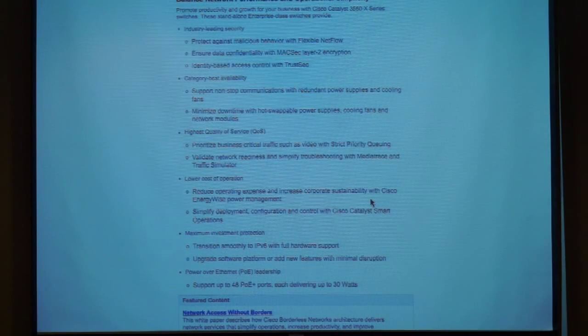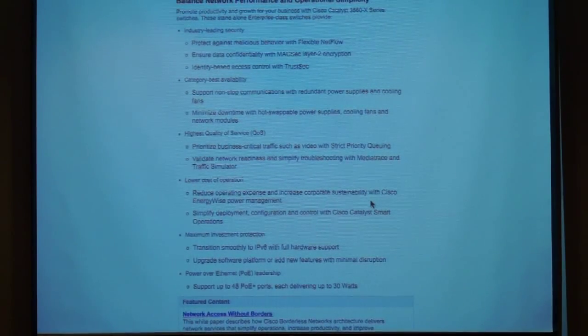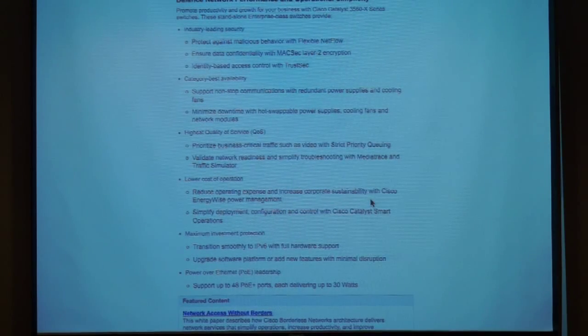Why is that important? Is that important today? Probably not as important as it's going to be in a couple of years for certain things. What if you wanted to encrypt telepresence sessions? What if you're going to have a telepresence session with your CFO, talking about an acquisition or something like that? They may require encryption all the way through the network for compliance or the like. These switches are already built for that. Not a lot of use for it today in most cases, but guess what? They're already ready. Cisco sees that's coming, that you're going to have to encrypt it all the way through the network, so they've already built that in.